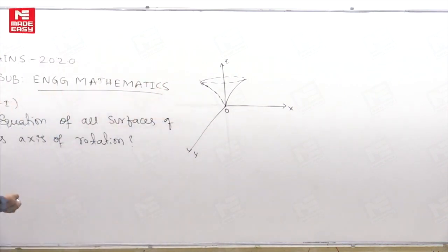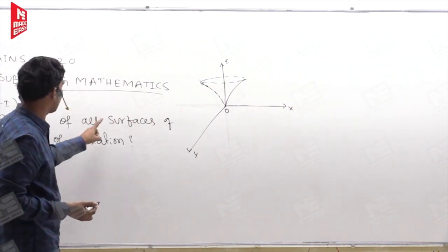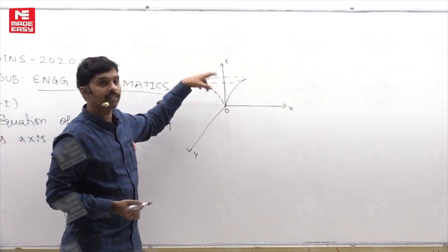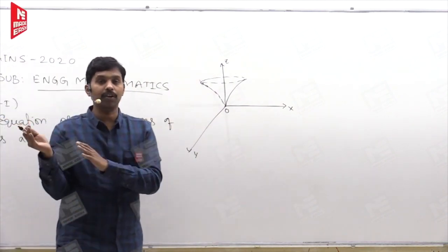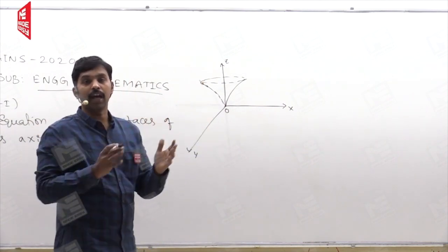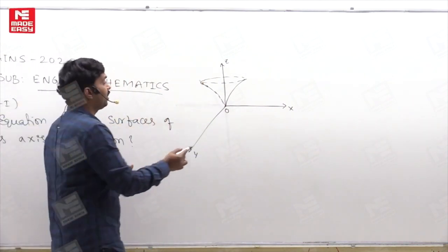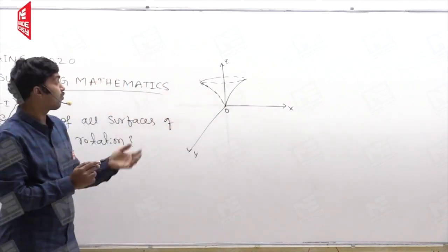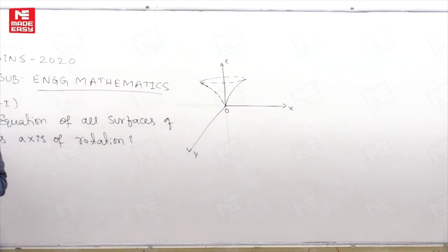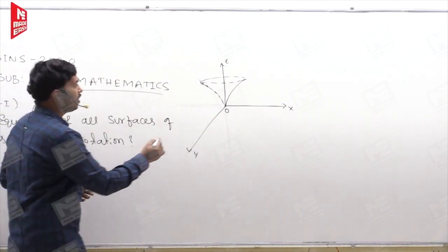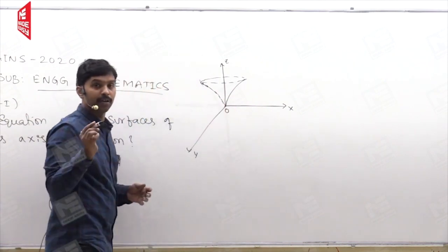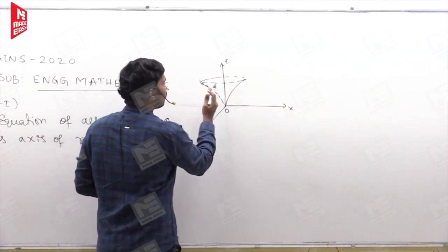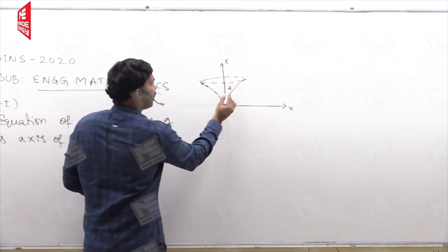So now we have to find the partial differential equation of this surface of revolution having the z-axis as the axis of rotation. That means any curve rotating about the z-axis is generating a surface or a solid. So for that we need to find the partial differential equation here. But this curve need not always be like this, correct? Just generalizing this concept, any curve you rotate about the z-axis like this,